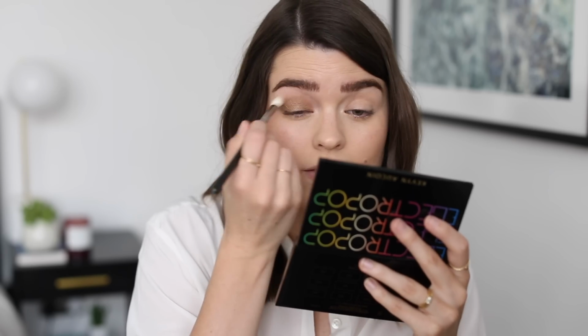And then I'm just going to push that onto my lid and you can see straight away that gorgeous, gorgeous shine. Wow, I've honestly never felt an eyeshadow like that before. I can't believe that it's not a cream. You could just leave it there. I'm just going to take a clean, fluffy brush just to make sure the edges are properly blended out. But that honestly took about 20 seconds and I just think it looks so gorgeous, so perfect for spring,